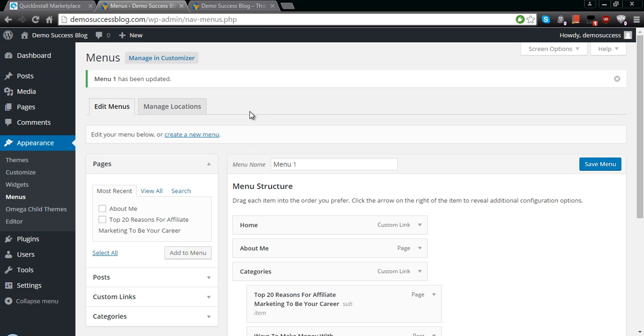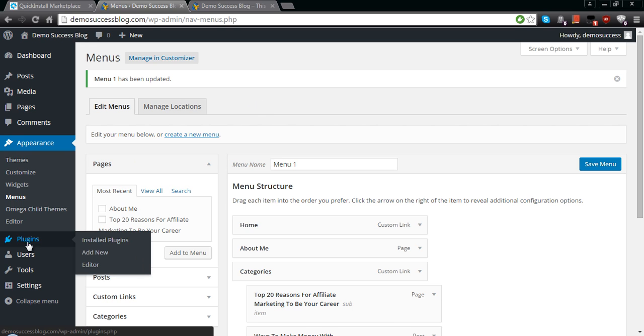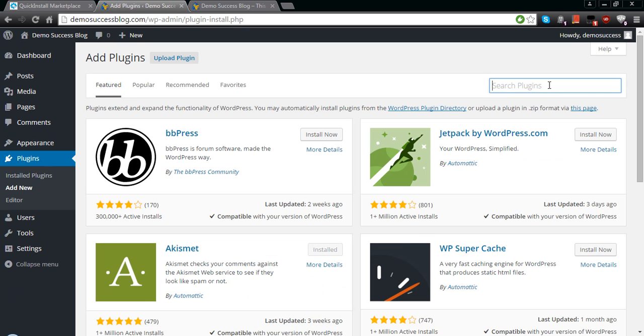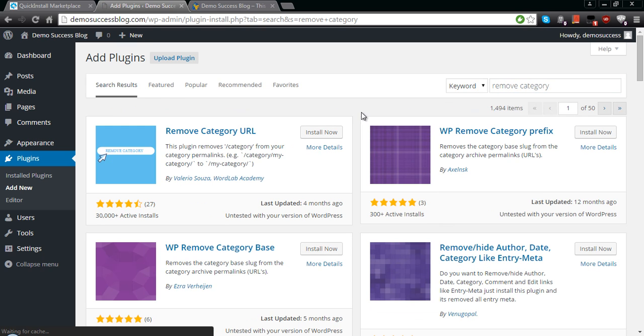All right, now I'm going to show you how you can remove the category from the URL using a plugin. So we'll go back to our plugins, go to Add New. Up here, search for a plugin that says Remove Category. That's the name of it. It's this first one that'll pop up right here, Remove Category URL. This is going to remove the category part from your permalinks. So install,